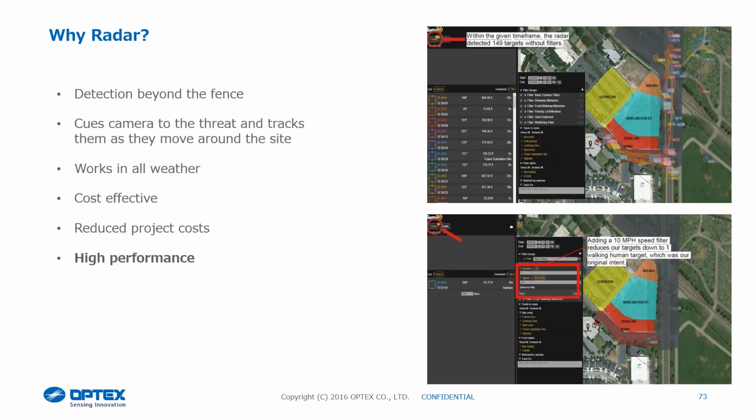So there's a couple of little screenshots on there. The top right hand side is a site that's been set up, but it's not had the filters enabled on that, and you can see lots of lines on the right hand side, and there's lots of activations. The box in the bottom left hand corner just gives you all the tracks and all the information on that. By starting to add filters, so that might be the speed of a target, the direction of a target, or the amount that a target has actually moved,